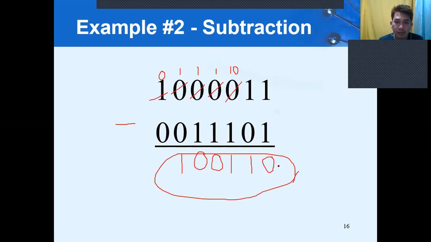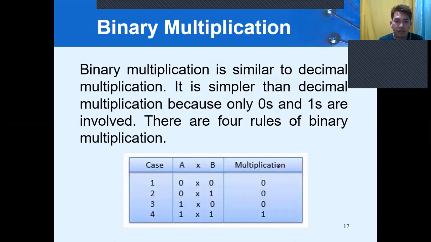Okay, now let's proceed to the binary multiplication. Binary multiplication is similar to decimal multiplication. It is simpler than decimal multiplication because only zeros and ones are involved. So there are 4 rules of binary multiplication. So we have